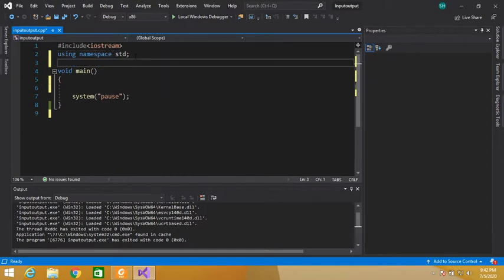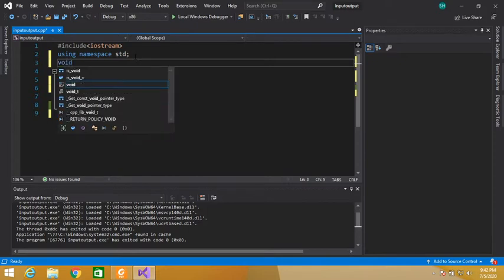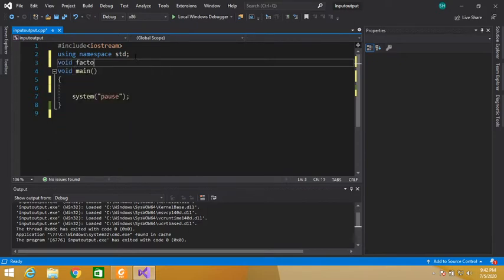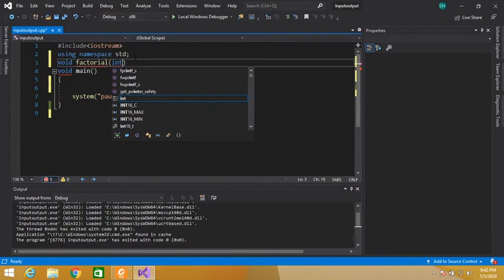First of all, our function prototype: void factorial. Our factorial function will accept one parameter.